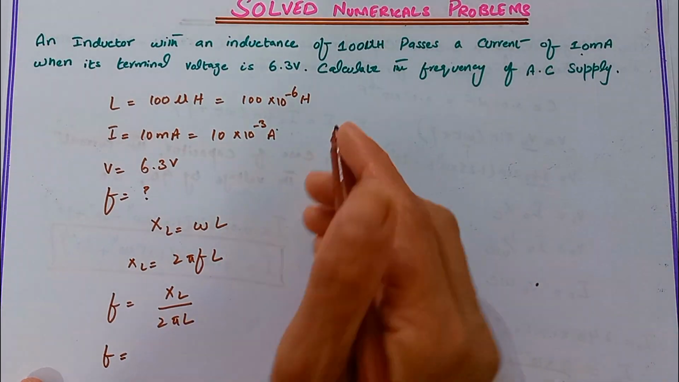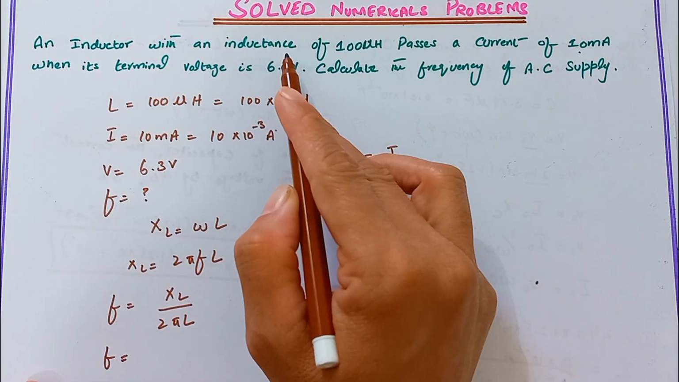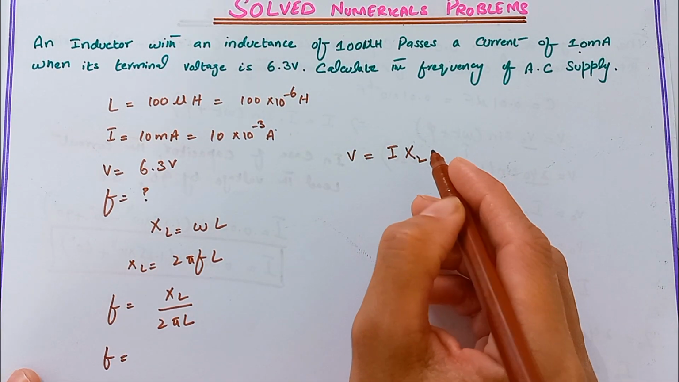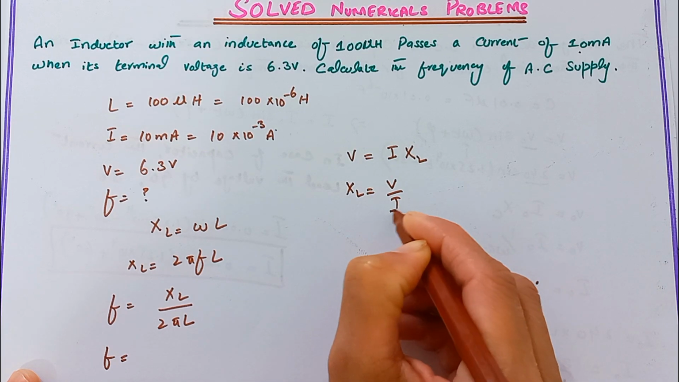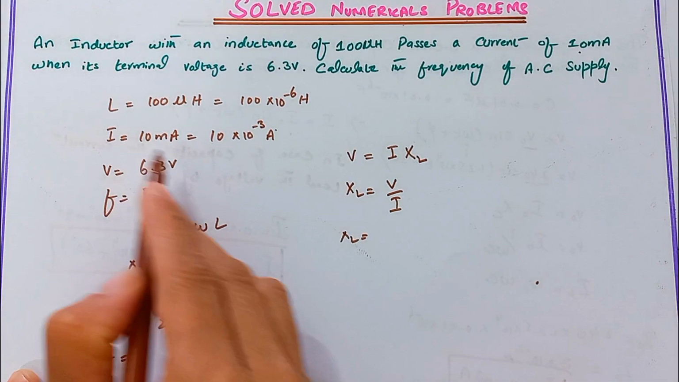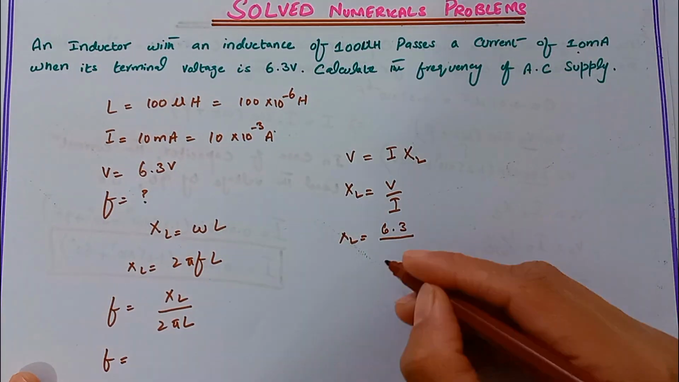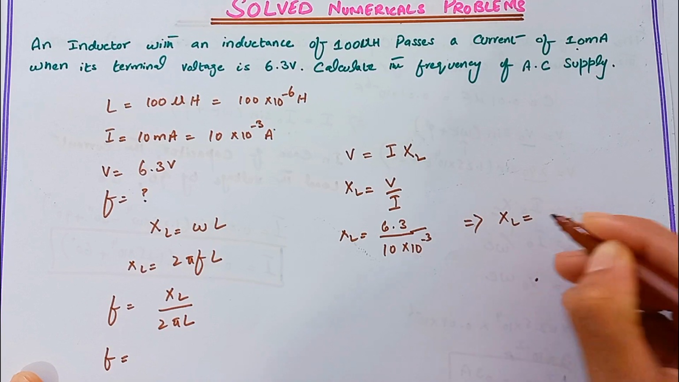Here we use the formula of Ohm's law. That is, we know that V is equal to I R, that is resistance. Here we use the resistance of the inductor because it is the inductor circuit. Resistance of the inductor circuit is denoted by XL. So here we find XL is equal to V over I. V is given 6.3 and I is given 10 into 10 to the power minus 3. So here we find the XL